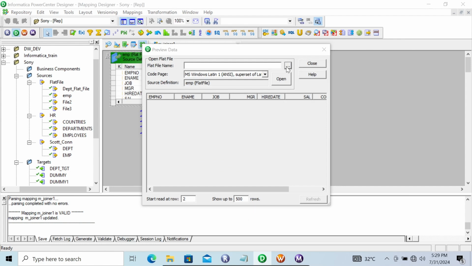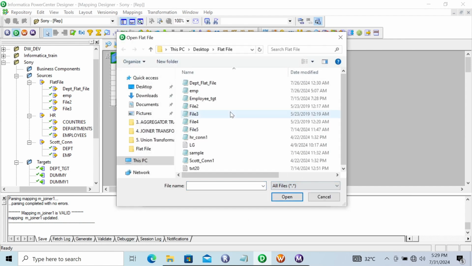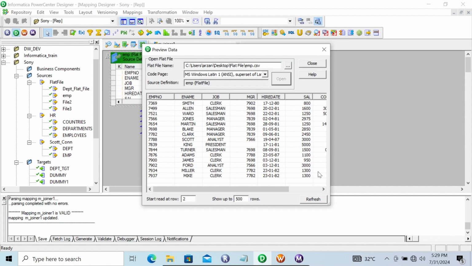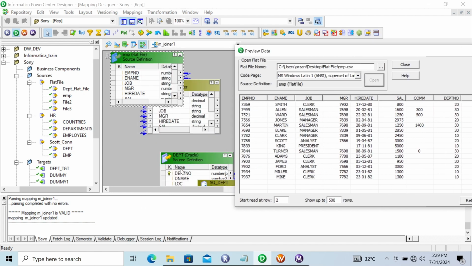So we need to select here triple dot, click on this triple dot, then all files, and here this EMP is the file. There's a CSV tab, and here you can click on this. Here you can see the records inside the EMP. So here you can see the DPT number that is present. So both the file and the table have a common column, DPT number. And here you can see this hire date format is there,